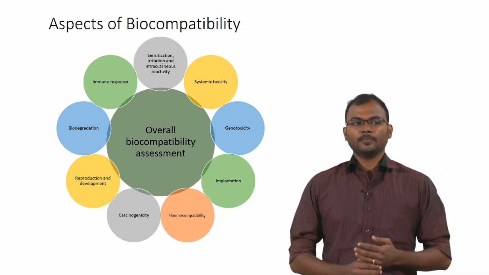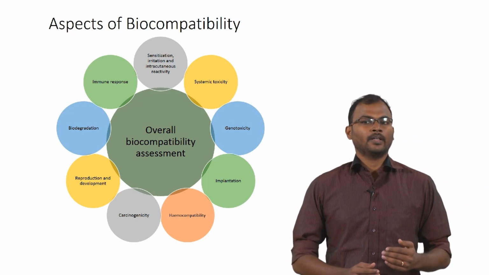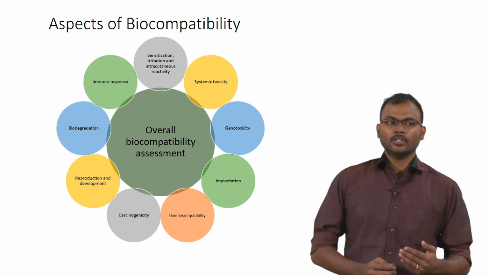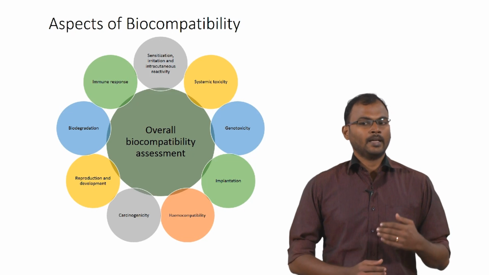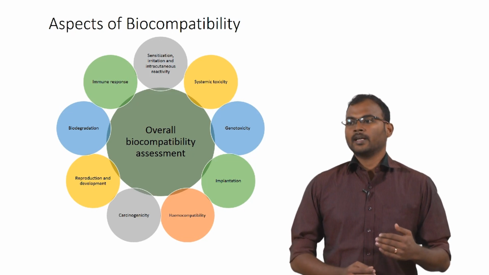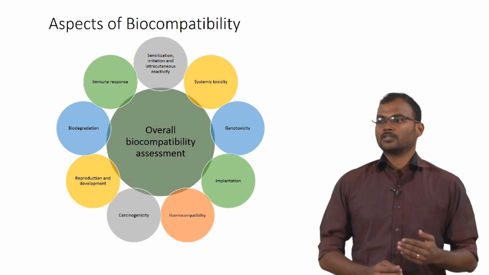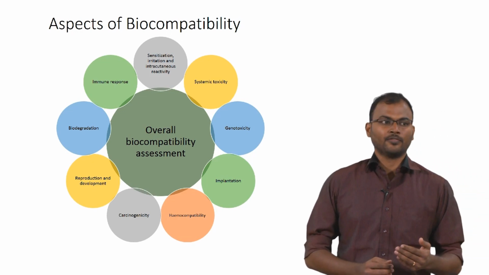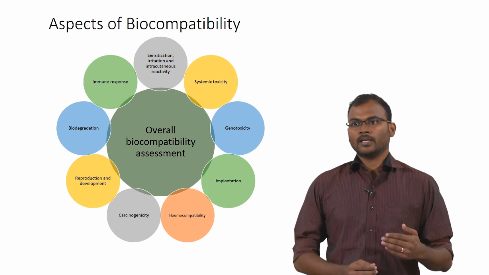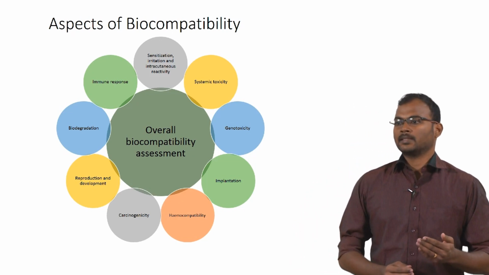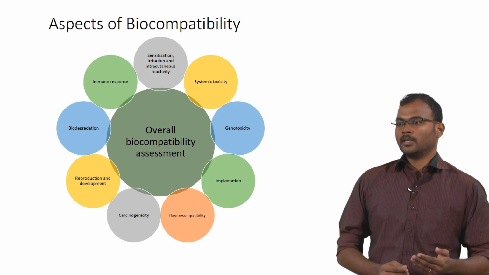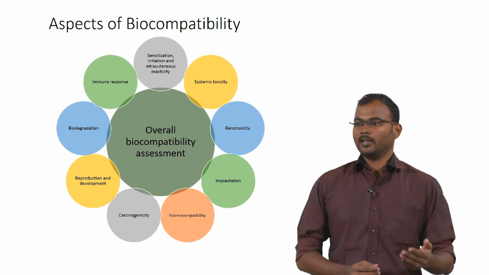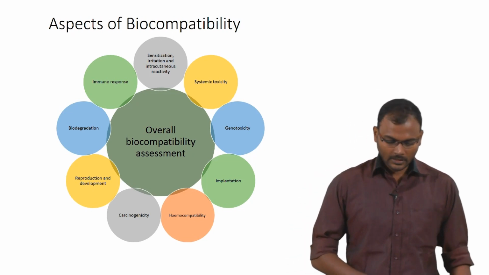Immune response basically involves the total immune system, whether the introduced material has any antigenic effect that will trigger the immunogenic cascade and lead to inflammation at the site of implant. So, if you are introducing metal orthopedic implants and they cause leach-out immunogenic responses, that place will have inflammation occurring. So, these are the major aspects.